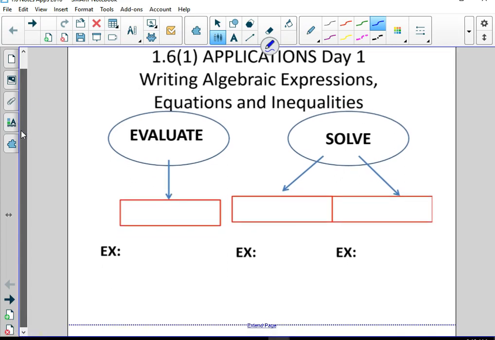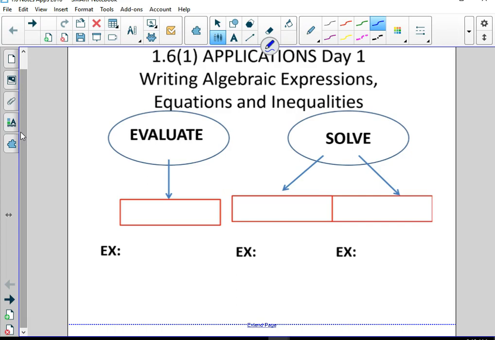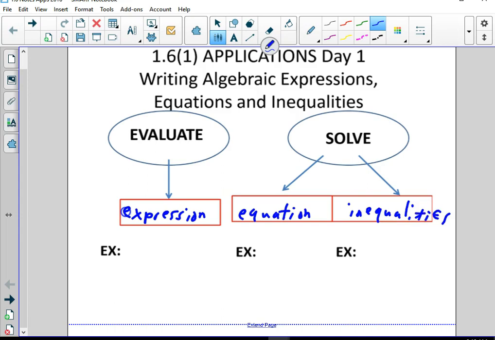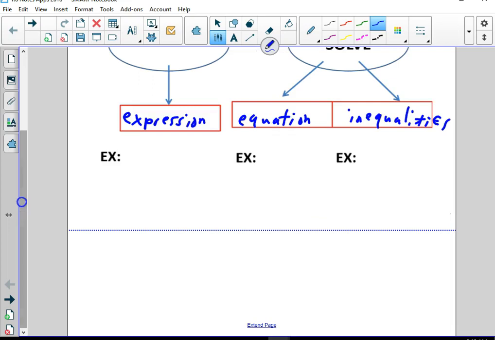1.6, technically day 1, but you know. So, writing algebraic expressions, equations, and inequalities. You evaluate an expression. You can't solve an expression because there's no equal sign. We solve equations and inequalities. So, for example, 3x plus 2 plus